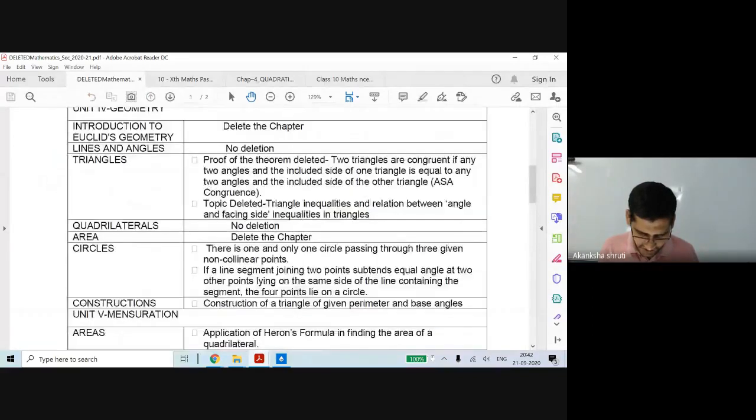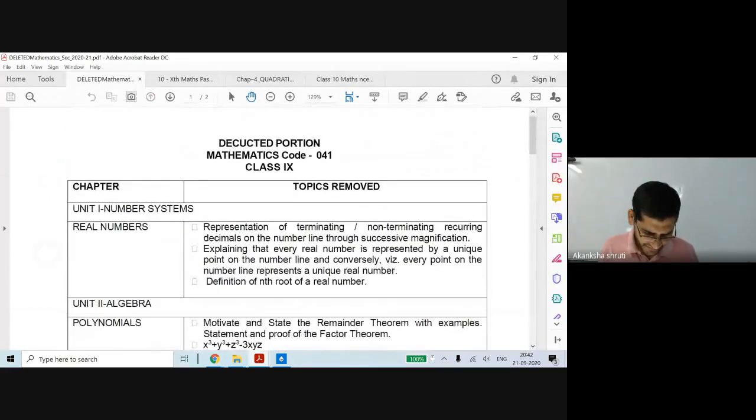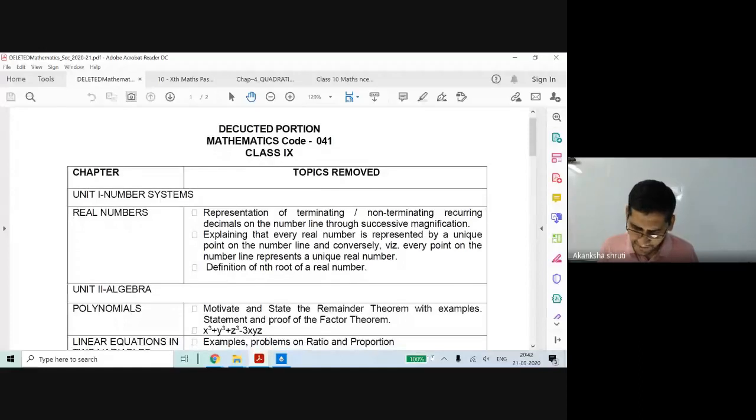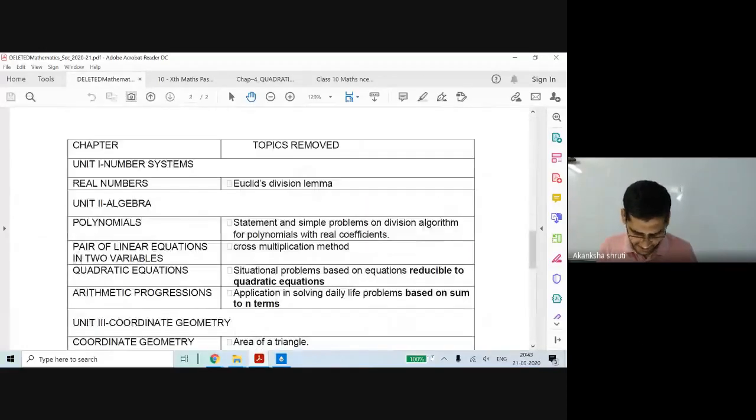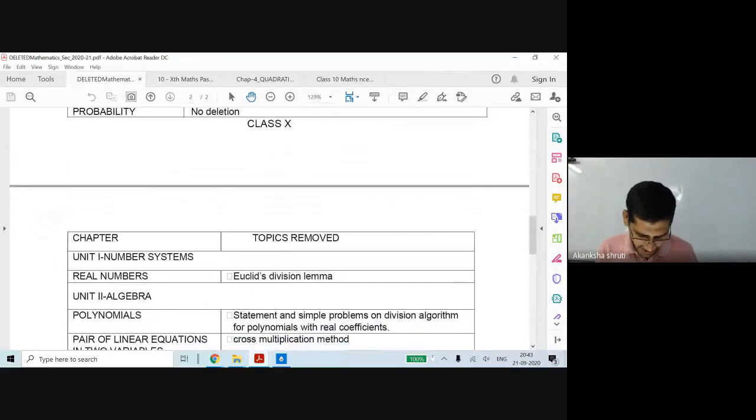Where is your class 10th? This is for your class 10th itself. Student, from now on we will take care that... this is for class 9th. Yeah, it is for class 10th. Student,